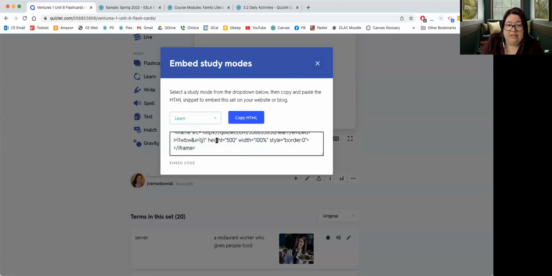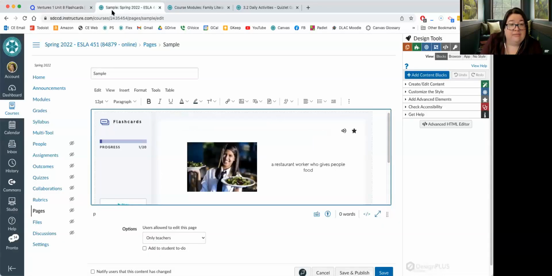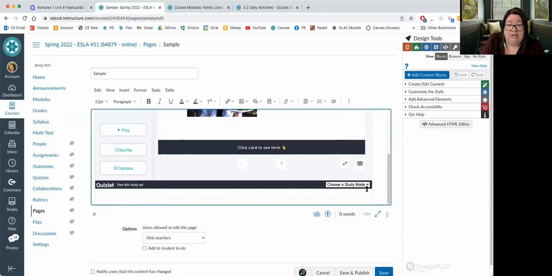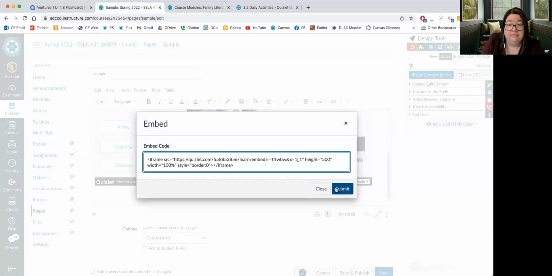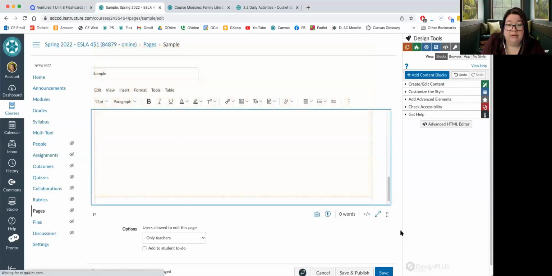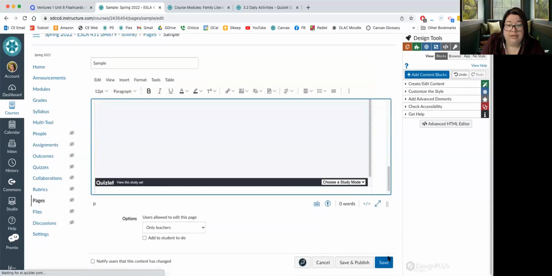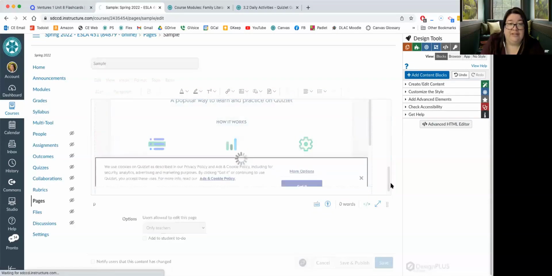I'll show you what it looks like when you choose the default height of 500. So we'll just embed this below this study set. And then of course, we'll need to go ahead and save the page to see how it appears